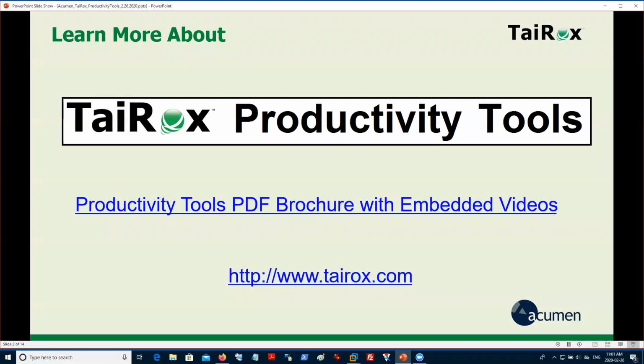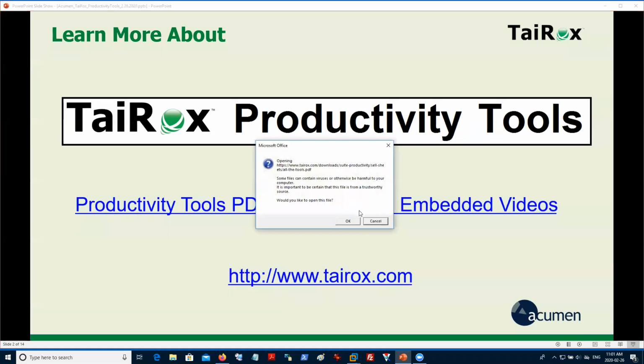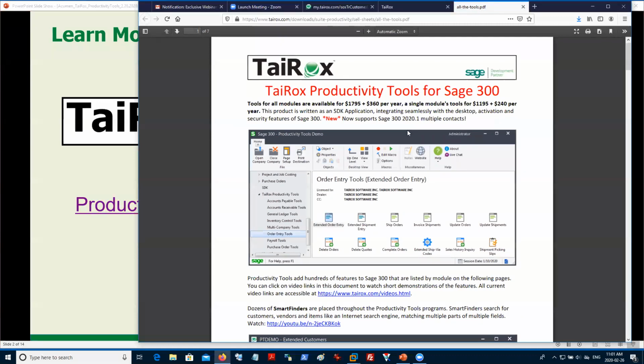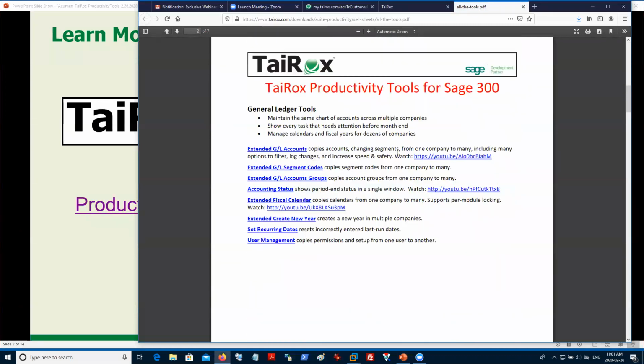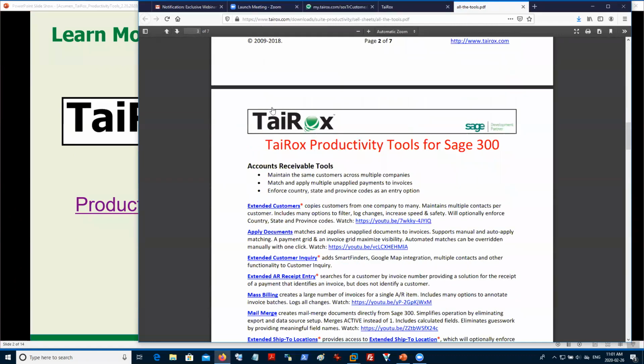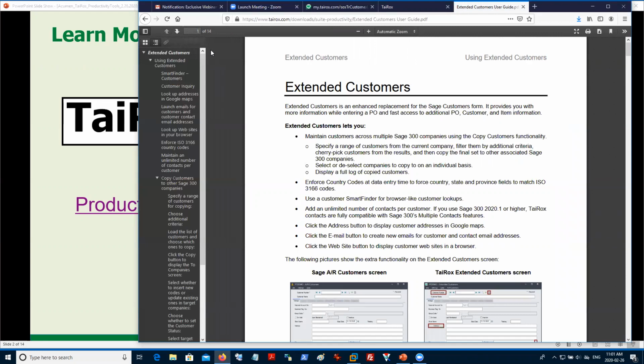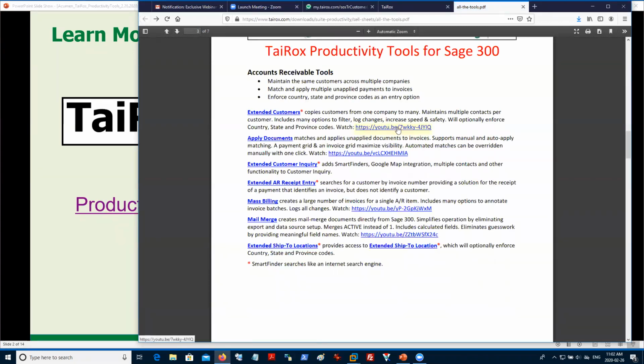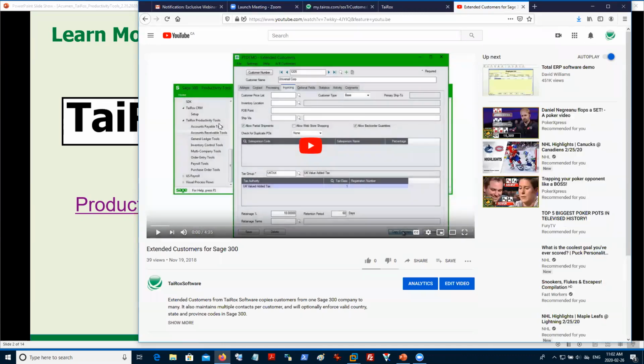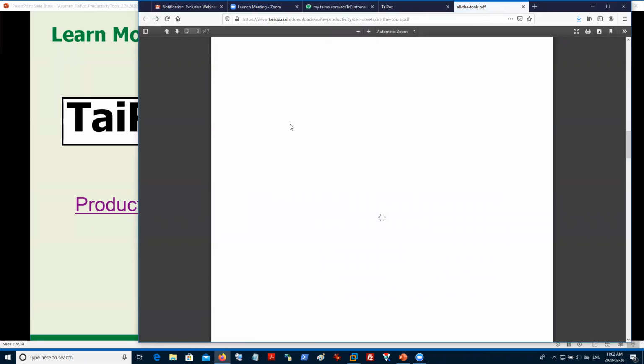So before I start, with the slides and a live demonstration, I wanted to quickly call up a brochure that we have on our website, which is pretty easy to find. It describes in 1 or 2 sentences the main features of each of the programs that are part of Productivity Tools. You can see there's 1 module per page, and there's live links so that if you click on the name of the program, you will see a user guide. And if you click on a video, you'll see a short video, typically 2 to 3 minutes, on our